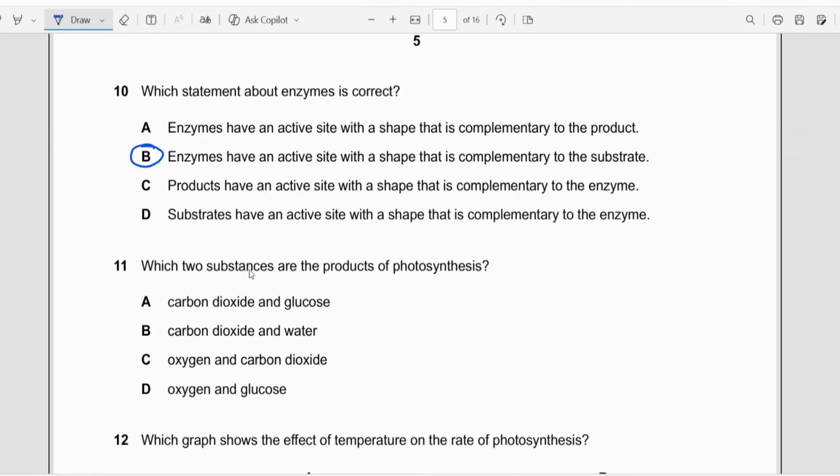Correct. Which two substances are the products of photosynthesis? What is the balanced chemical equation for photosynthesis? 6 ...